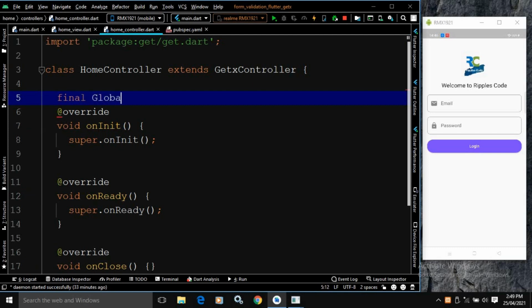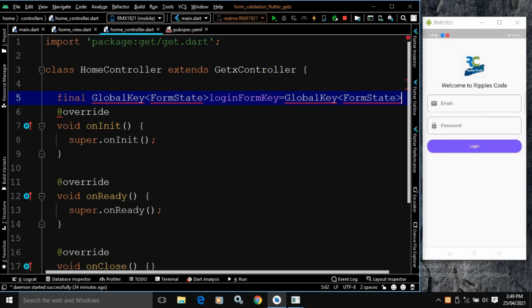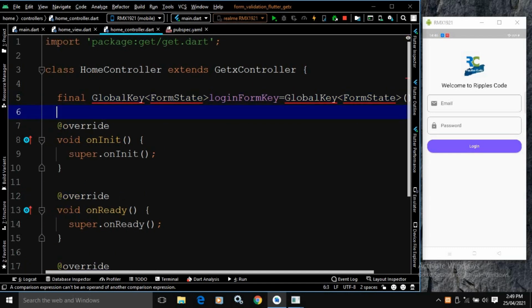Final global key which will take form state, and I will give it the name loginFormKey, equals to GlobalKey of FormState. Now let me import the packages. Let me import material.dart.